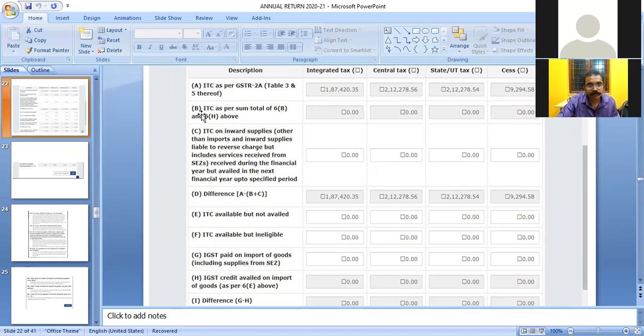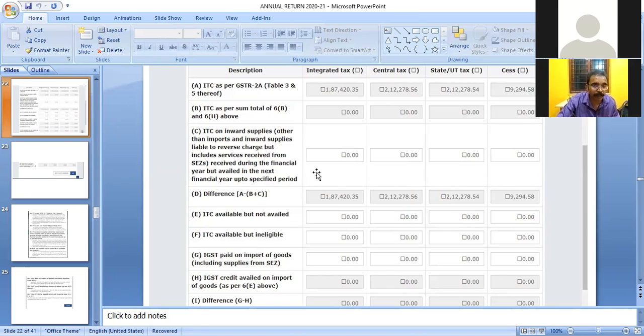Then comes column B, ITC as per sum of 6B and 6H in the above table. It is auto-populated here. Then comes column C, ITC on inward supplies other than import of goods and inward supplies liable to reverse charge, but including services received during the financial year but availed in the next financial year up to the specified period.